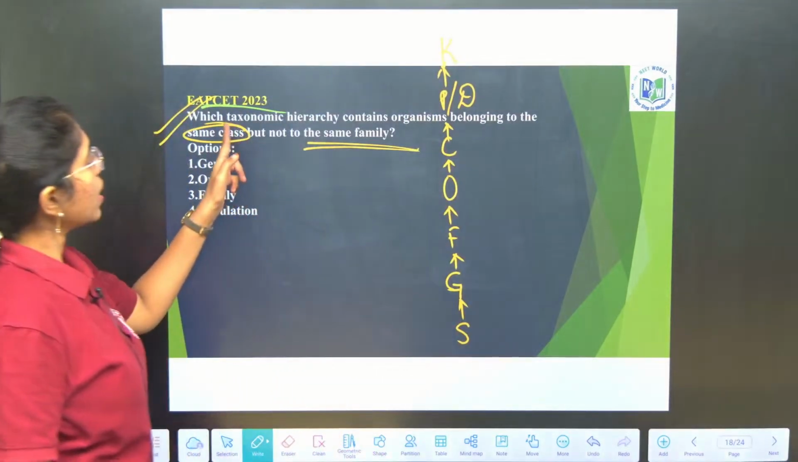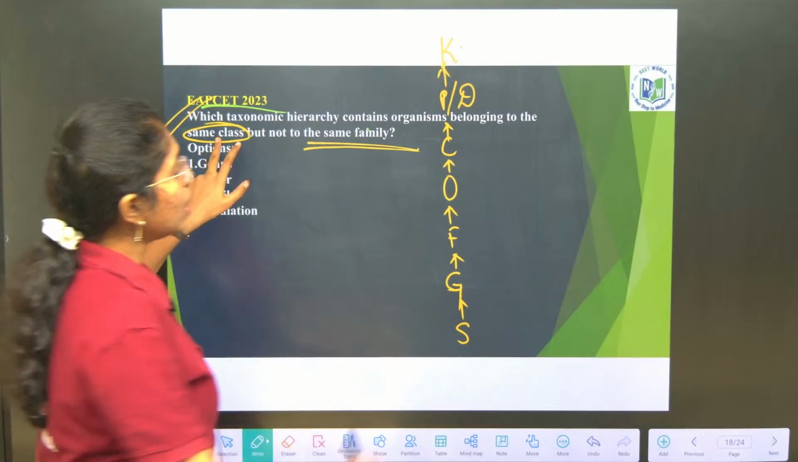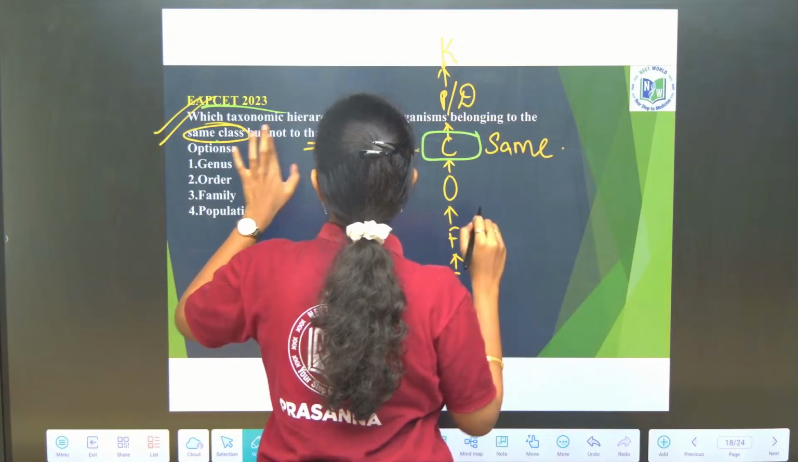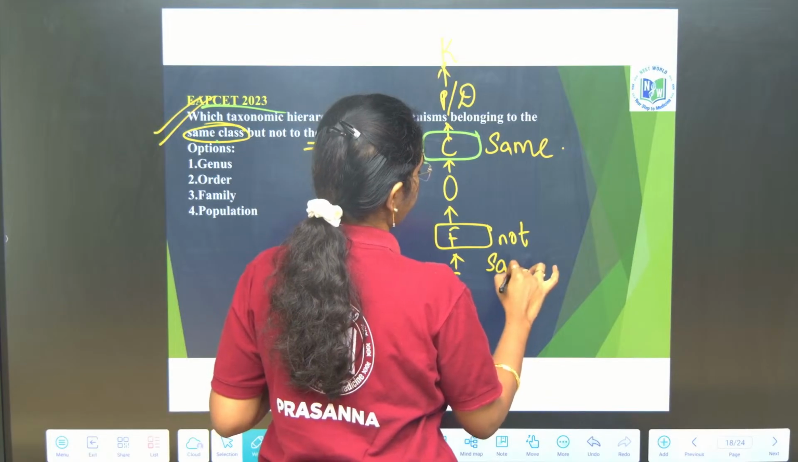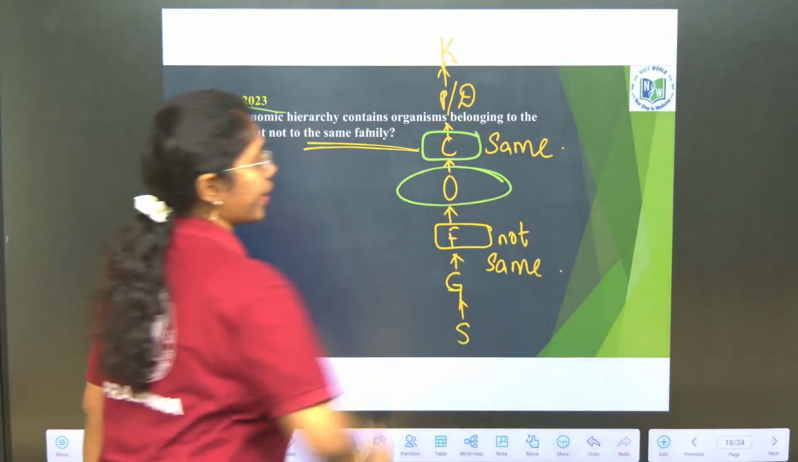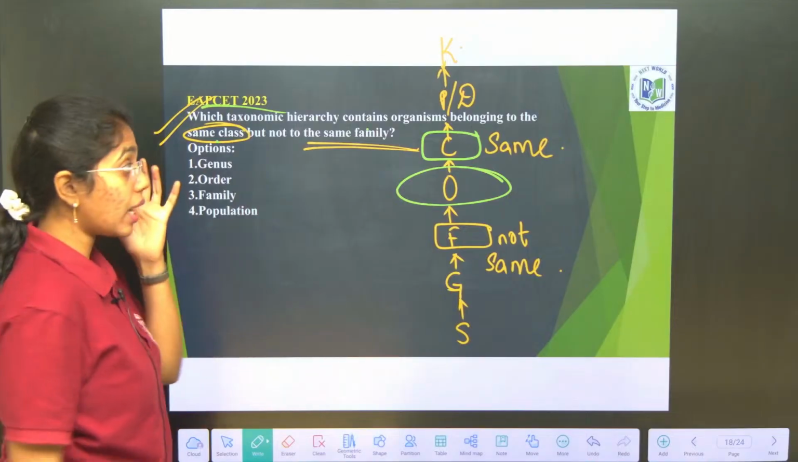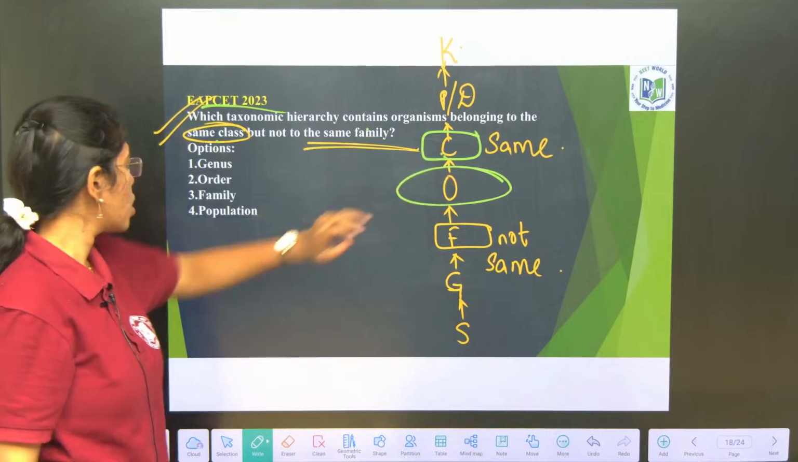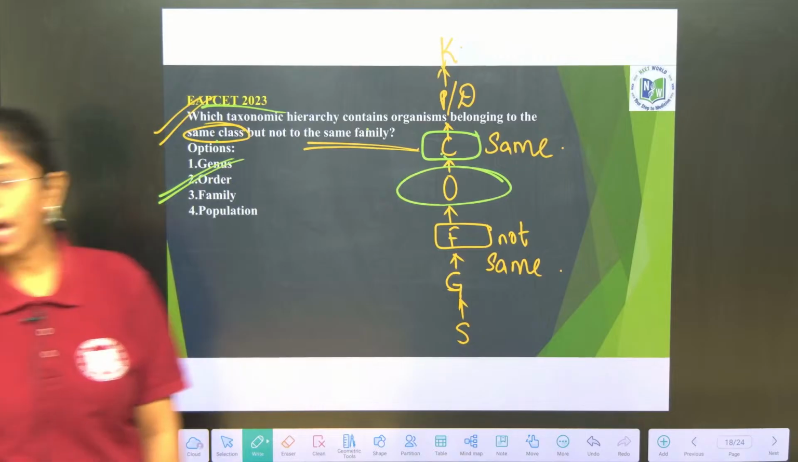So the question is asking which taxonomic hierarchy contains organisms belonging to the same class but not the same family. Then what will be our right answer? Order. Order includes different families, related genera, and the same class. One order is kept under a single class. So here the right answer is option 2. I hope this is clear. Next